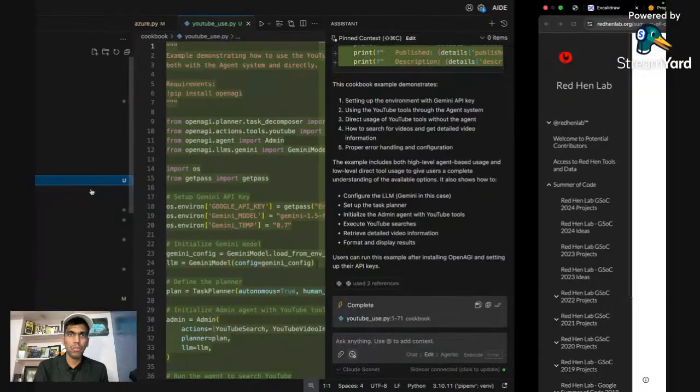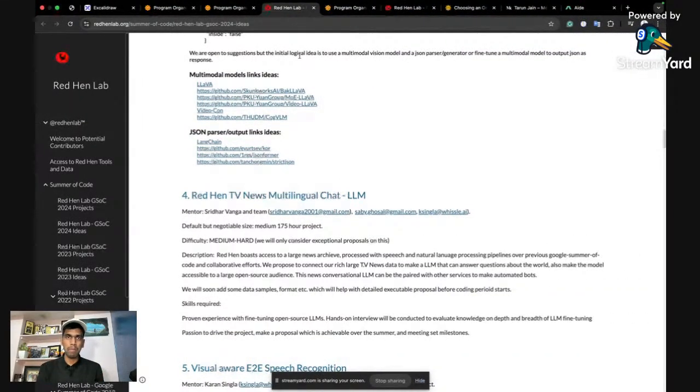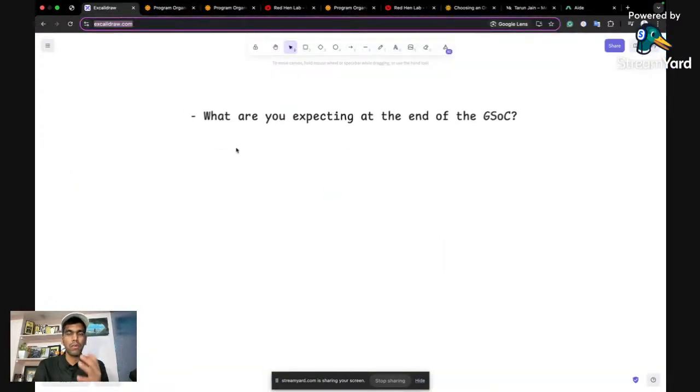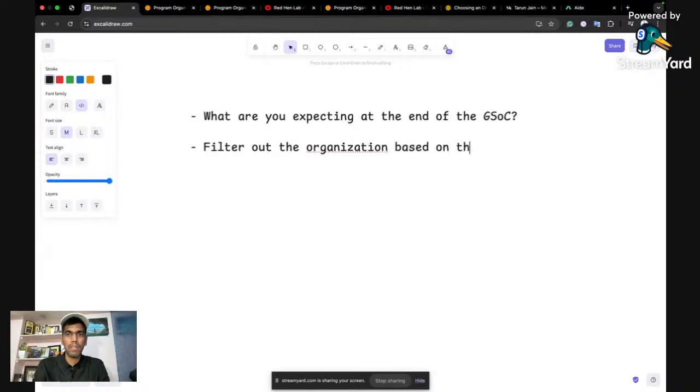So let's get back to the organization details. So what else do you need to keep in mind when you're picking the idea list? So let's talk about that. So the first thing is you need to understand what you are expecting at the end of the Google Summer of Code, and then you need to filter out the organizations based on the tech stack.